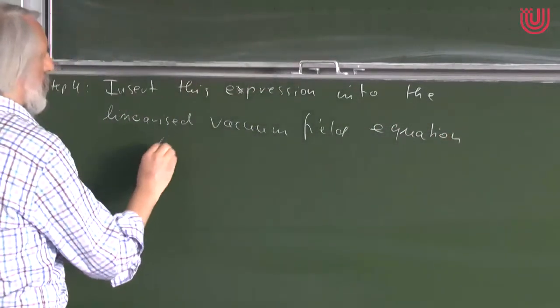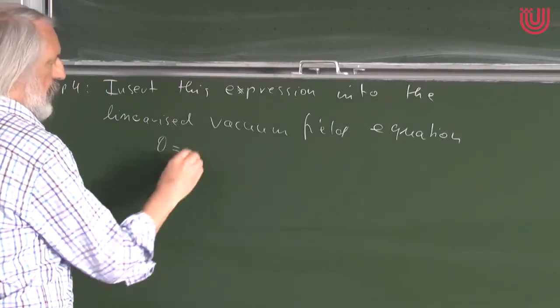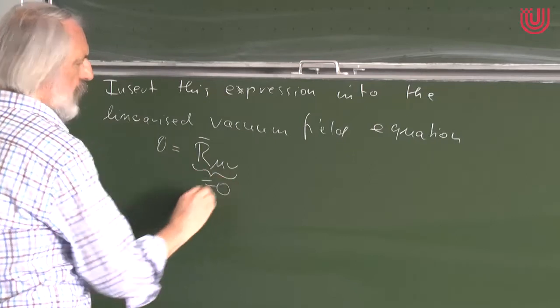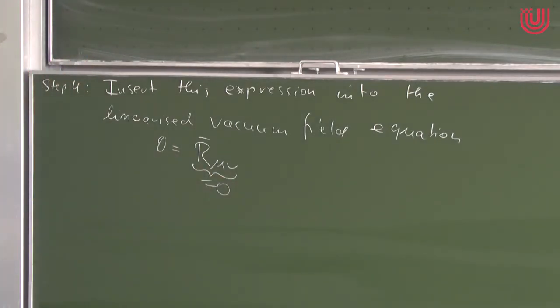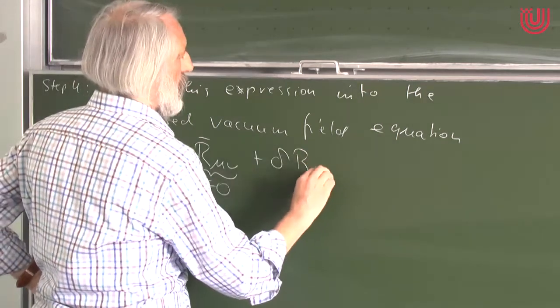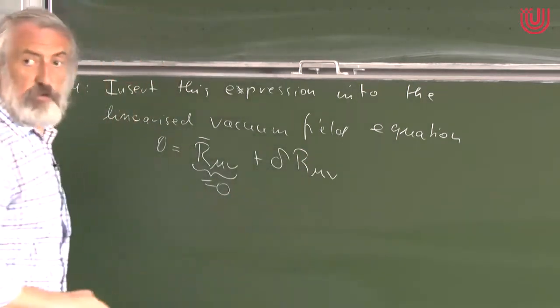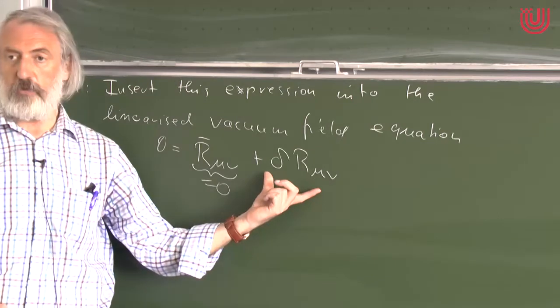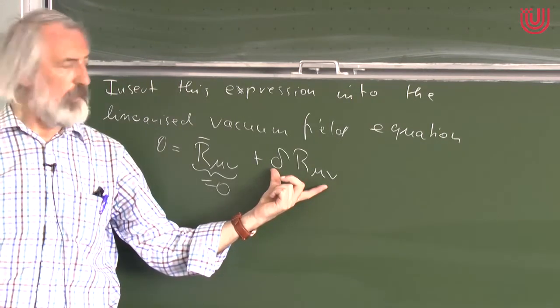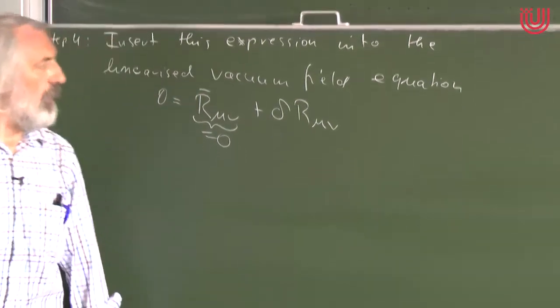Actually, I had written this earlier in the form of a background Ricci, which in our case is 0, because we are on Schwarzschild spacetime, which is Ricci flat, plus a delta R mu nu. And I had really written this out in terms of the H's. So we need this expression for the H's. We have to insert this, and then we get